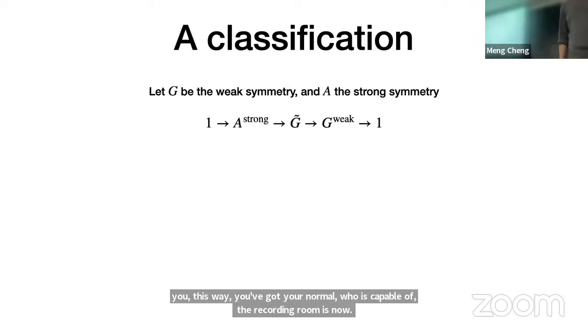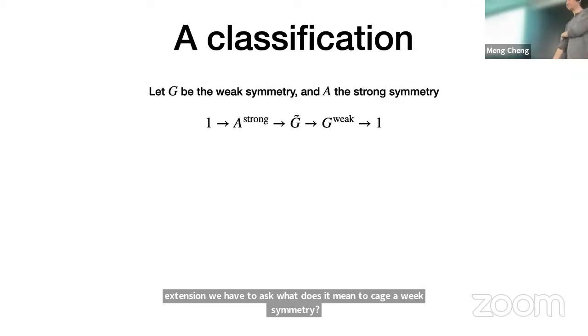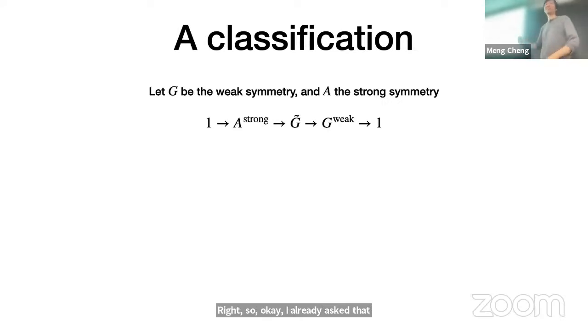So does it mean the strong symmetry can always be gauged, while the weak one may or may not be gaugeable? Well, for the weak one, even before looking at extension, we have to ask what it means to gauge a weak symmetry. We can ask that question before talking about extension. You gauge a weak symmetry like a classical gauge theory, basically. A strong symmetry can be gauged as a quantum gauge theory. And if you have an extension, there's an interesting mixture between the two kinds of structure.